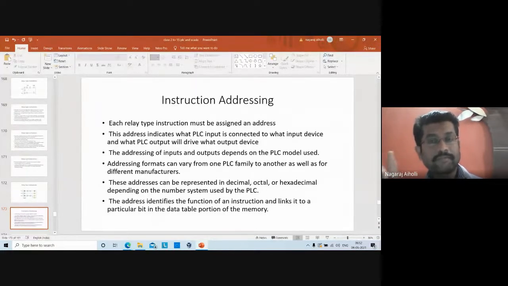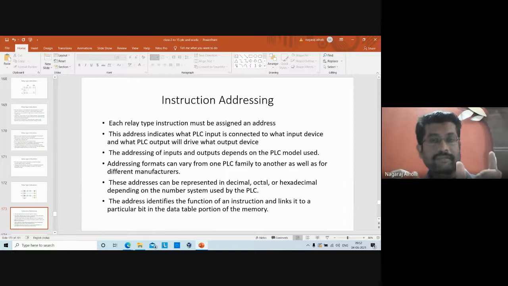I'm using the bit memory location along with the instruction. Try to understand this. But if I store the instruction itself in some memory location, then that becomes the memory location for that instruction. Suppose it is for XIC 1/2, and I'm storing it in memory location 85H.